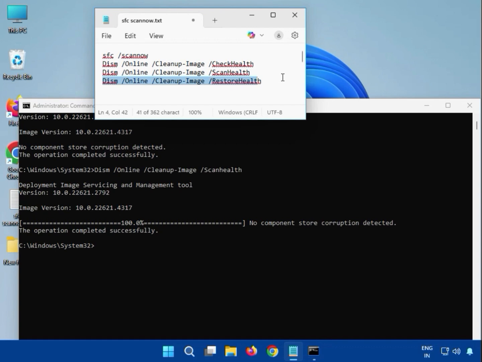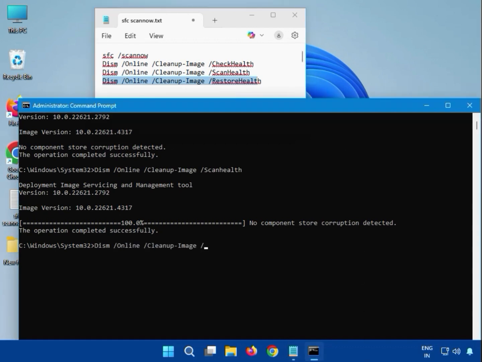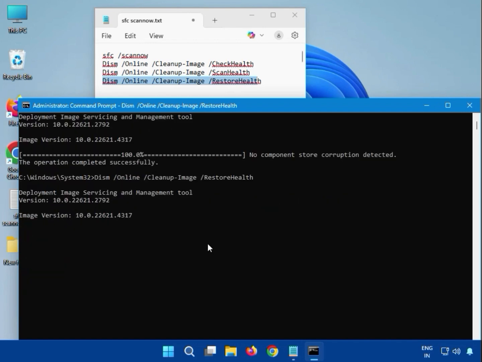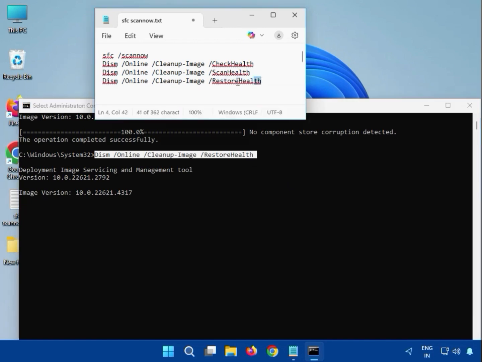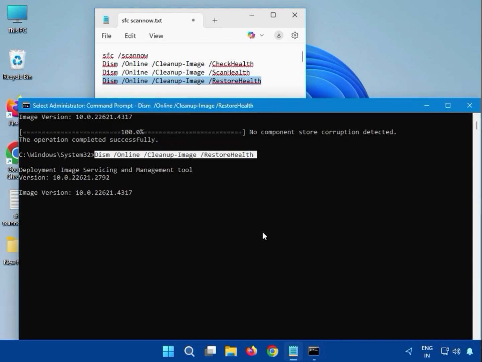Then guys, fourth one, which is restore health, you can see here we can enter DISM and all, and please note small and capital. Okay, restore health, and then hit enter. Again guys, you have to wait. Okay, it will start the percentage, it will complete. After that you can see here,